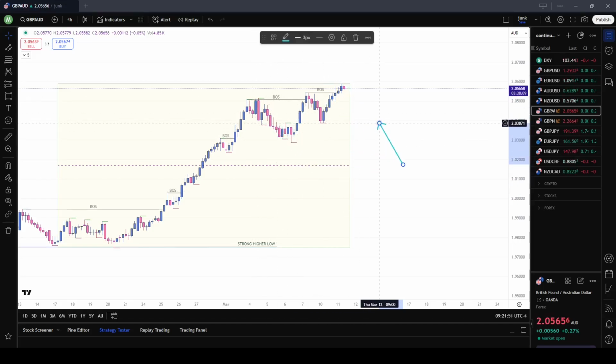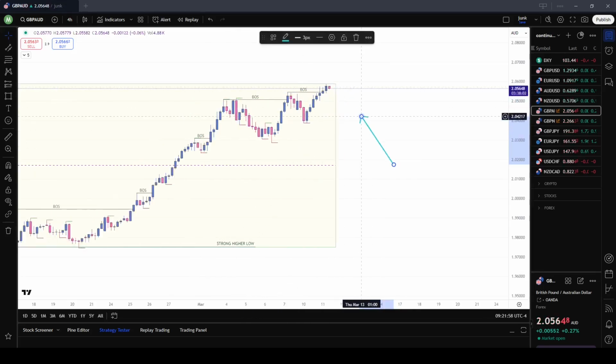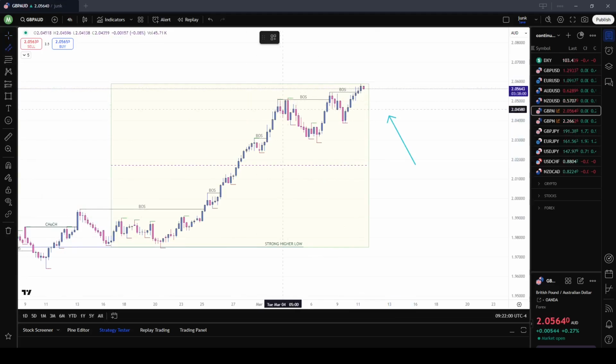Now it's in an ascending channel. It impulses, retraces, impulses, retraces. Now it's getting to a channel or a wedge, more like a wedge. But